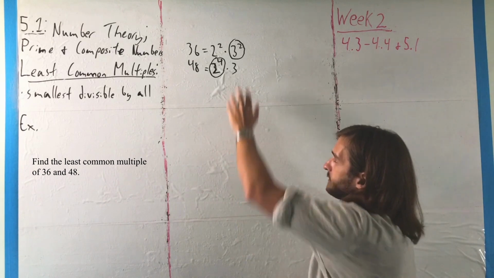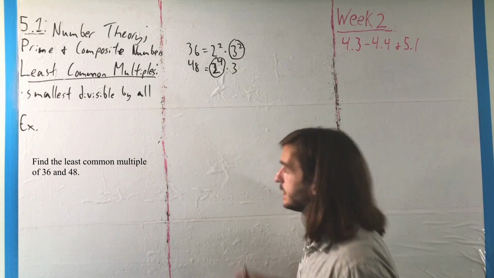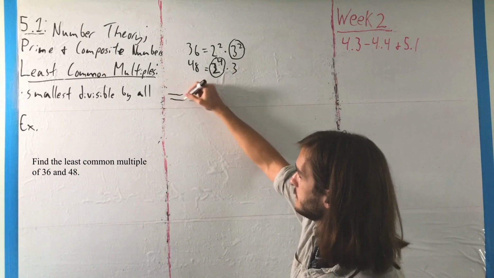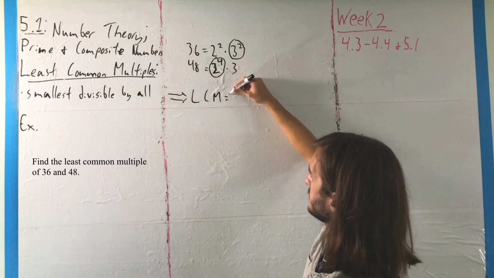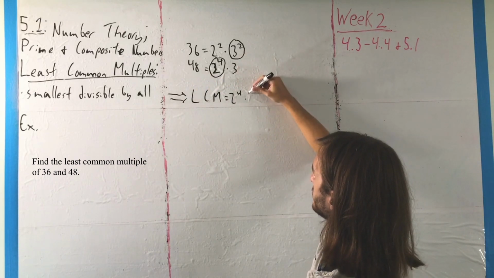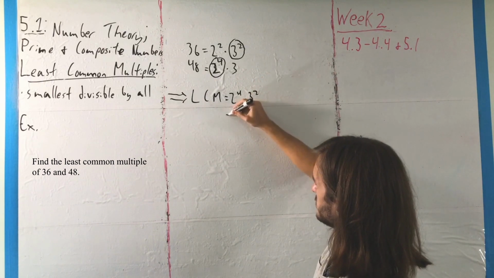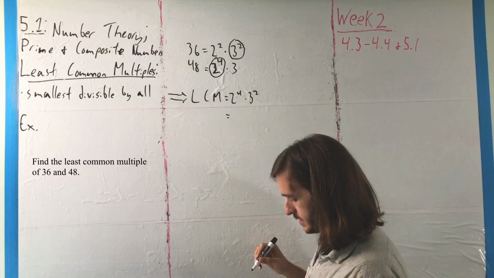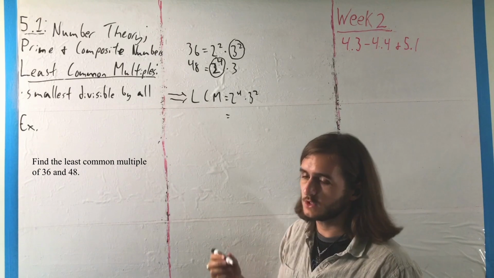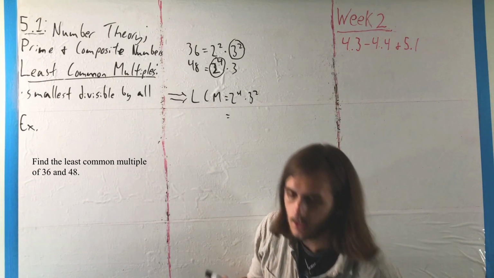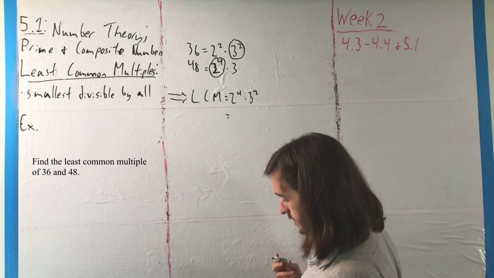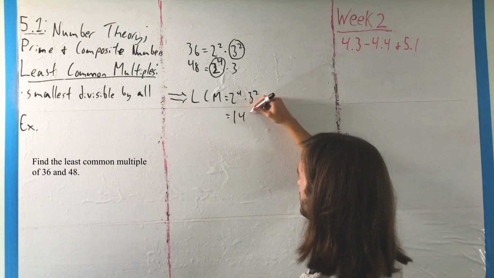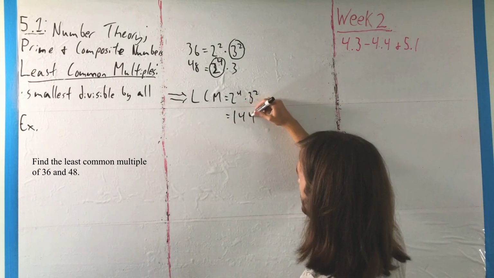But in this case, we've identified our grouping, so if you want to get the LCM, all we have to do then is just multiply them out. So 2 to the 4th times 3 squared, which here, 2 times 2 times 2 times 2, that would be 16. 3 squared is 9, so 16 times 9 would give us a least common multiple of these two,